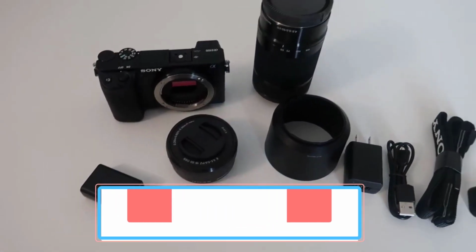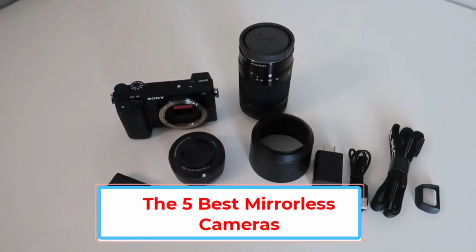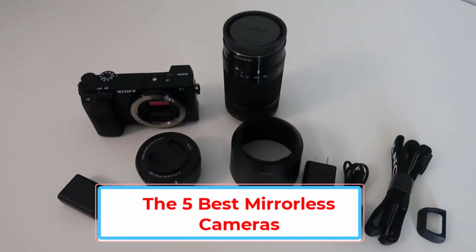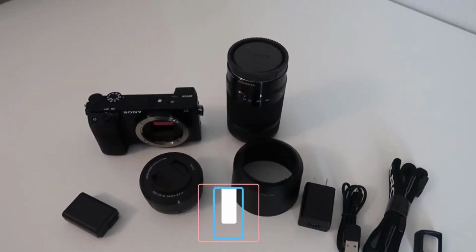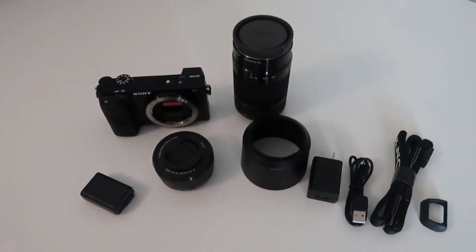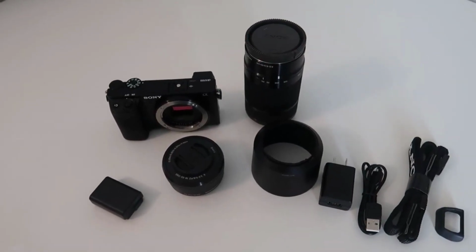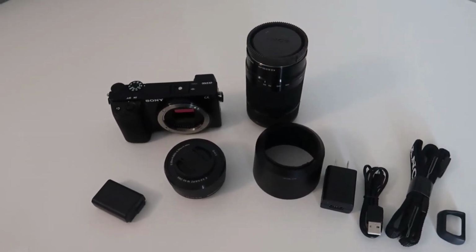Mirrorless cameras are a great option for beginner photographers, thanks to their electronic viewfinders, which let you see how different camera settings affect your image in real time through the viewfinder. With plenty of options at a range of different price brackets and experience levels, making the jump from your smartphone has never been easier. Though it might be tempting to dive right into a more advanced model, the good news